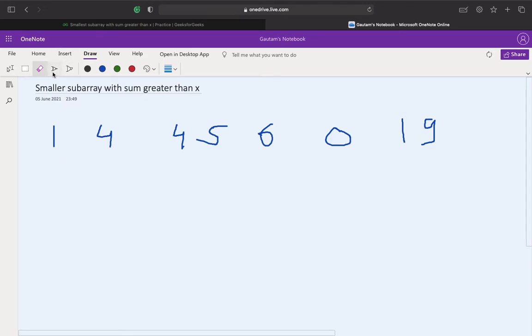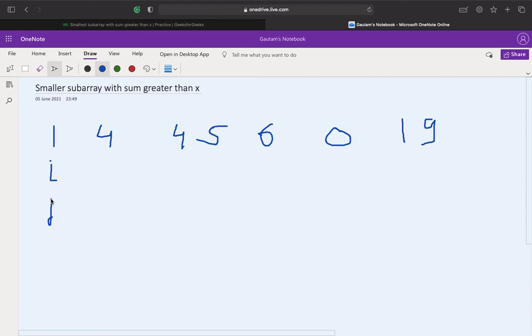In this approach we'll maintain two pointers, i and j, or you can name them start and end accordingly. We'll initialize i and j equal to 0, and then check the sum between i and j.